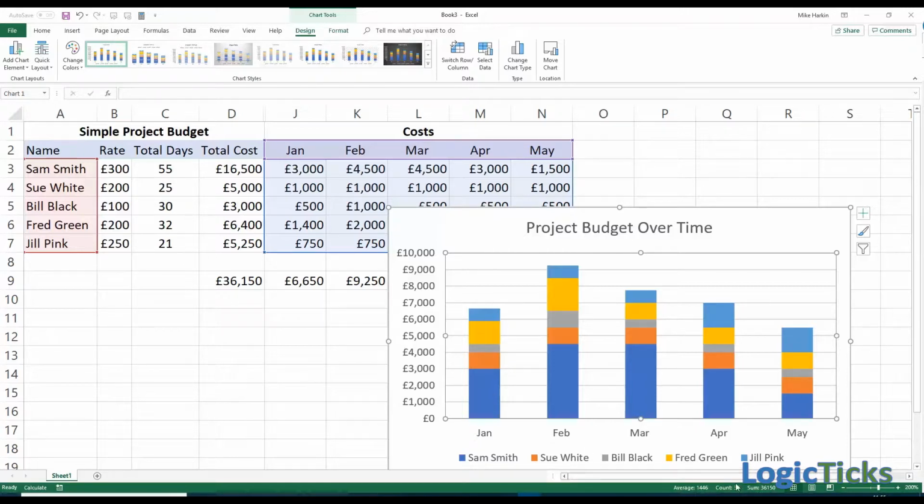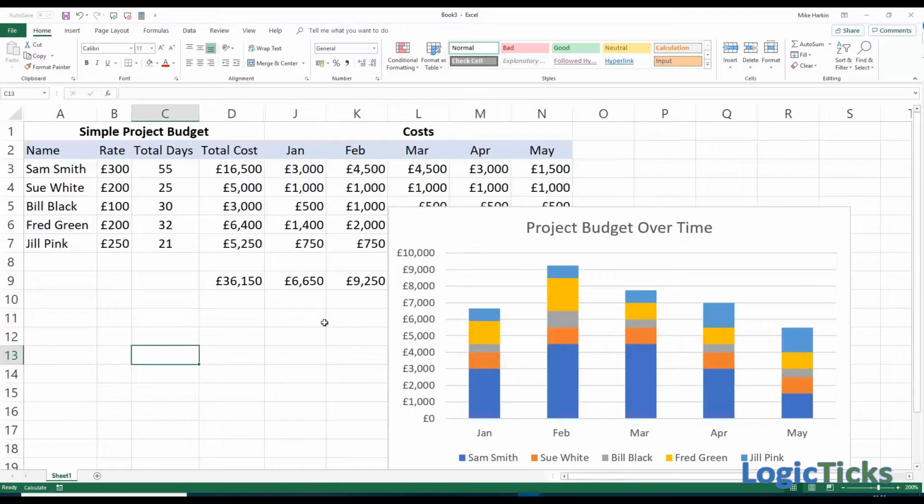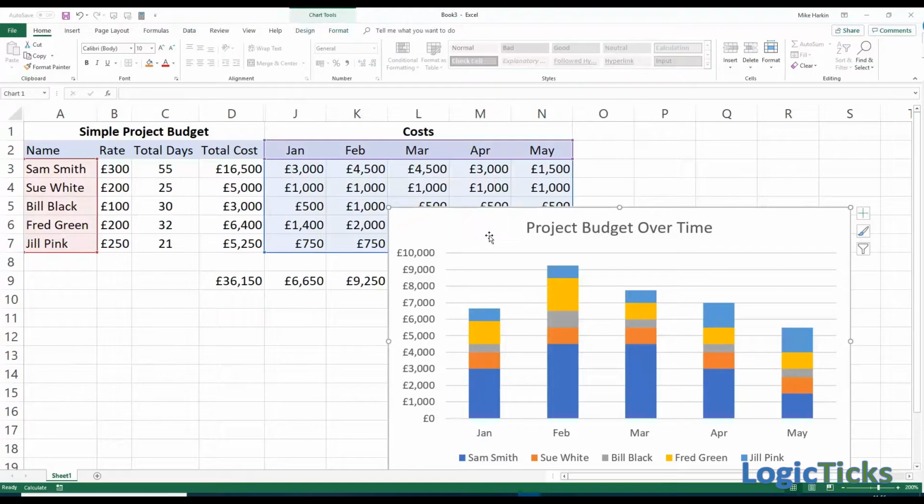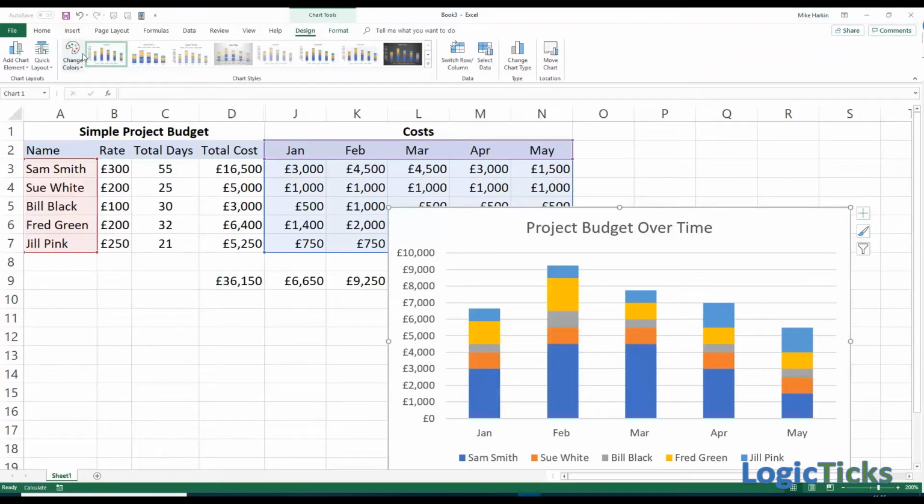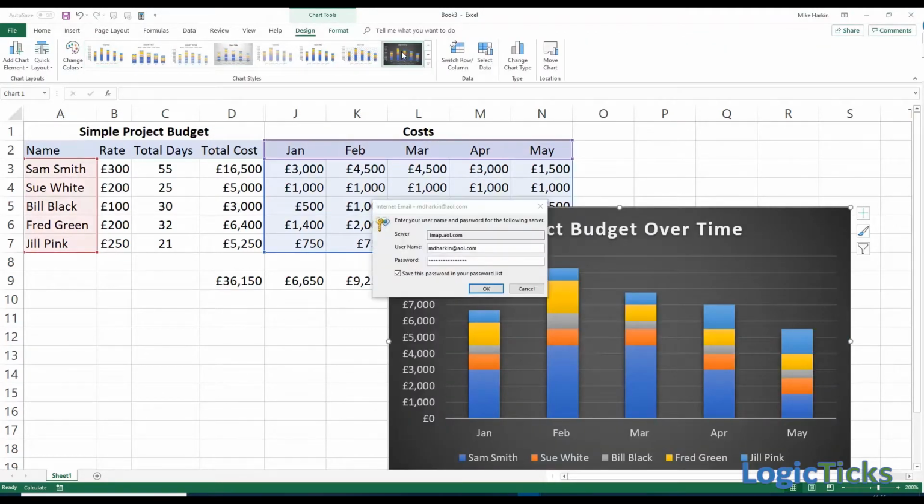Let's say I'm not actually very pleased with the colour and formatting of that. Well, there are loads of different colour schemes that you can select that are default and built into Excel, and we can look at clicking on the chart and chart design, and we can select one of the inbuilt ones,